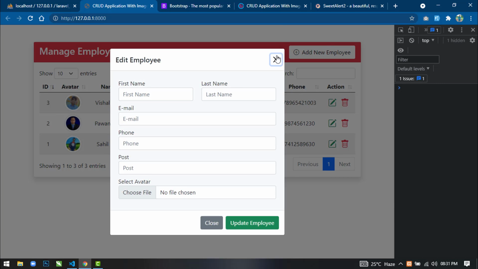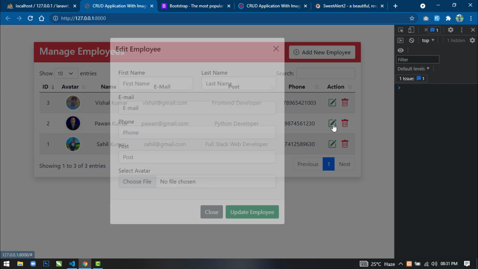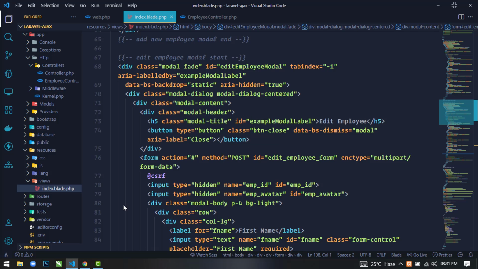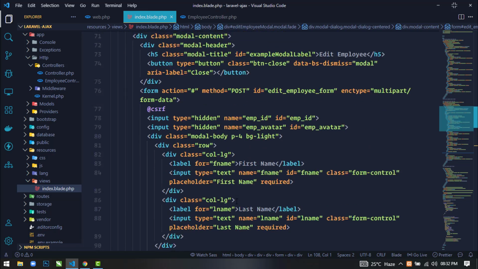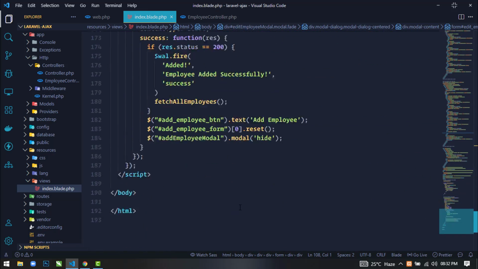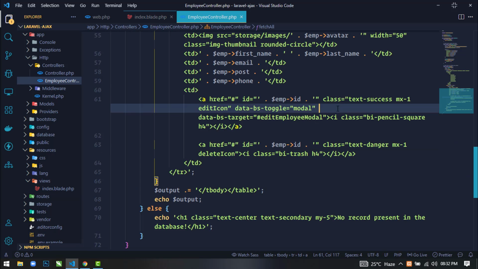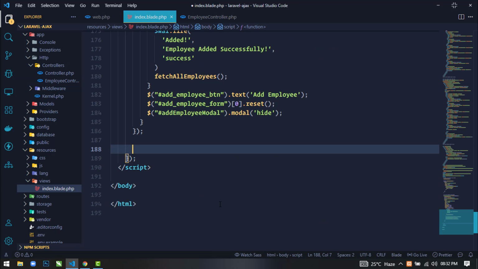Okay, now next what I will do is when we click on any of the edit icon, then the previous values should be set in all the fields, and here we will display the image preview. Okay, so for this also we have to send another Ajax request to the server. Okay, so for this what I will do is just go below. Here you can see I have just assigned a class, I have used edit icon class. Okay, so just copy this, and here first write a